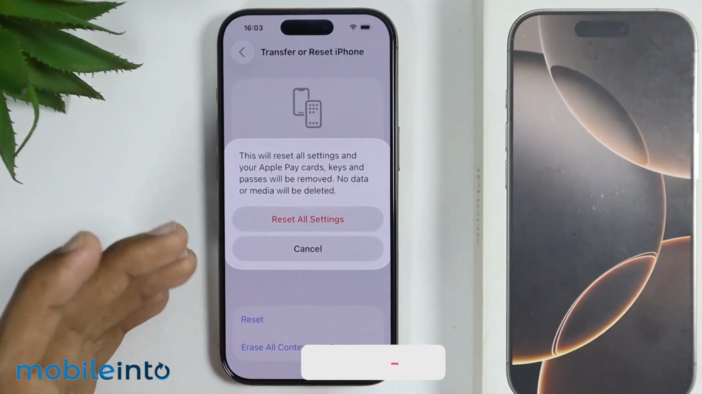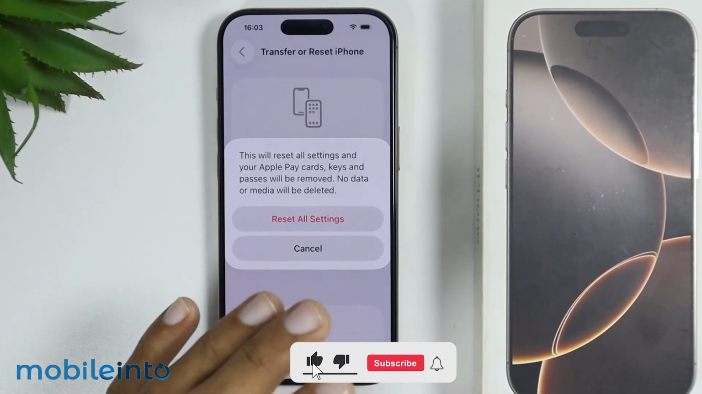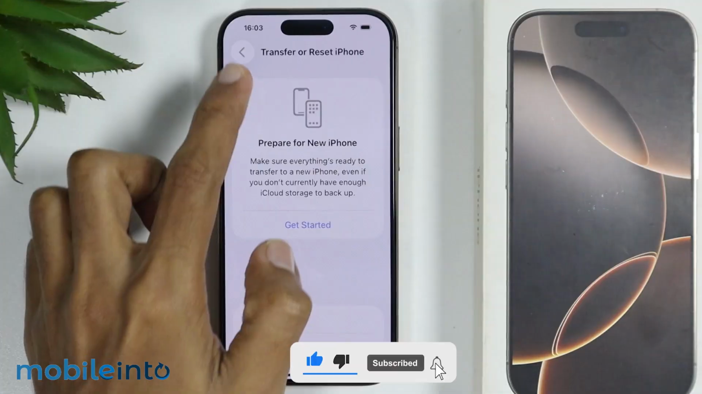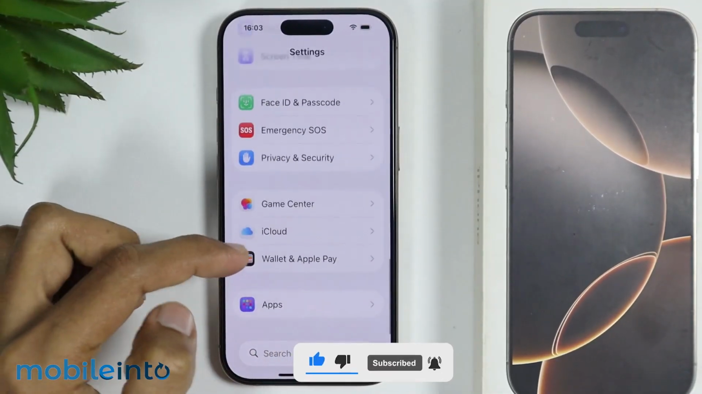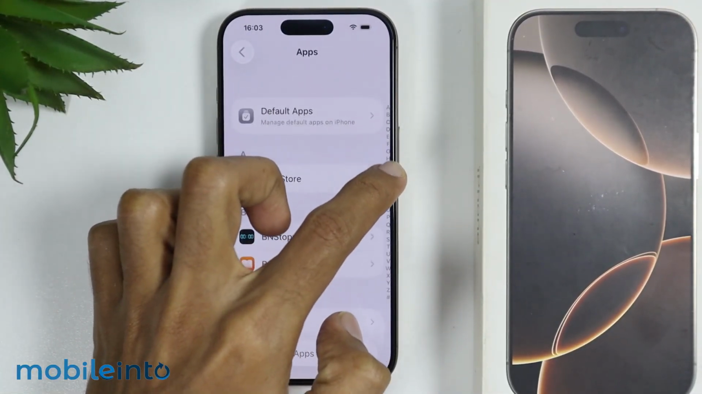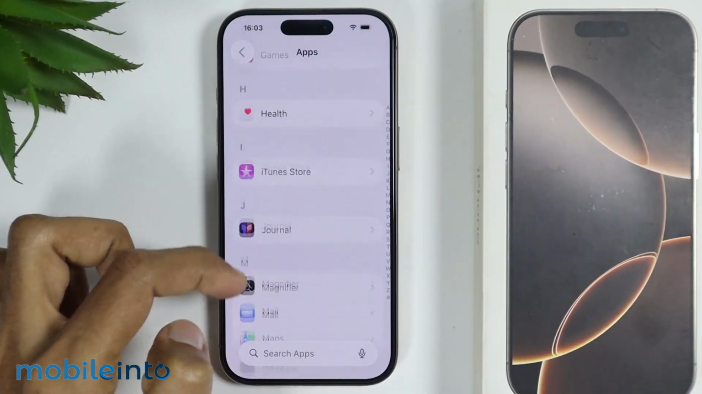You will just reset all the settings of your iPhone in case you have enabled a setting which might be causing this issue. And this is how you can fix the Clear History button being grayed out on your iPhone 16, 16 Pro, Pro